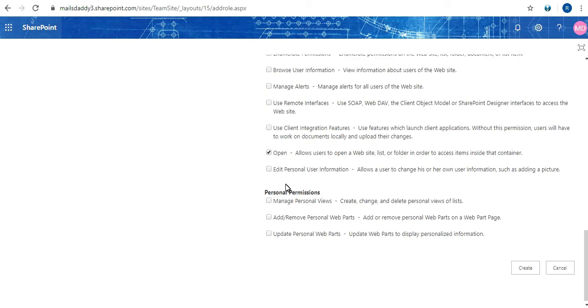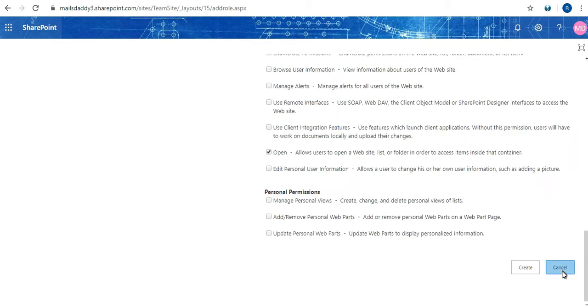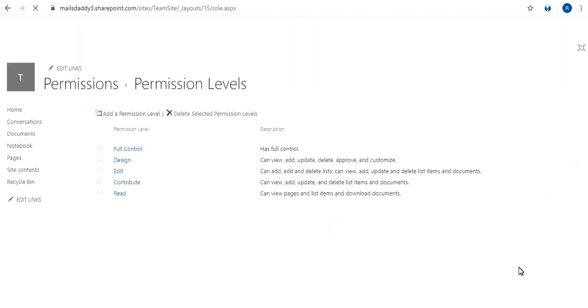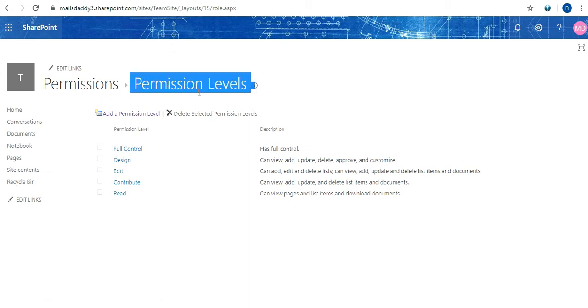He will be able to open pages, and that's all. I have given these permissions. If you need to add more permissions, you can just check these boxes, and then click on the create button, and the new permission that you have just created will be visible here. So that's all about permissions and creating custom permissions.